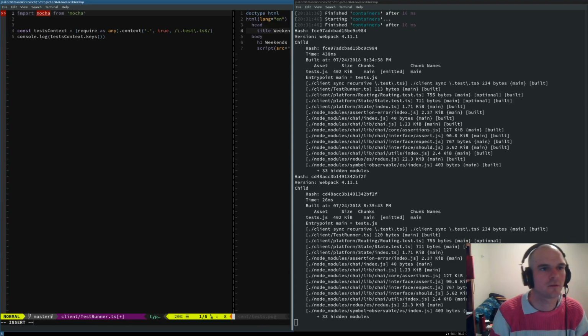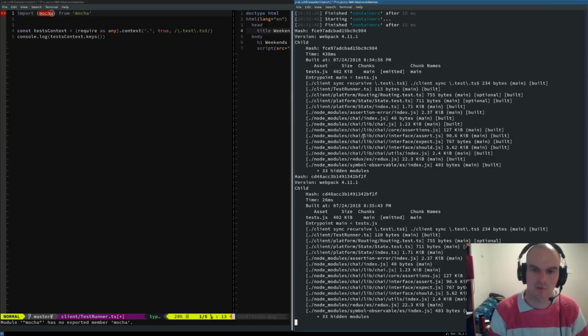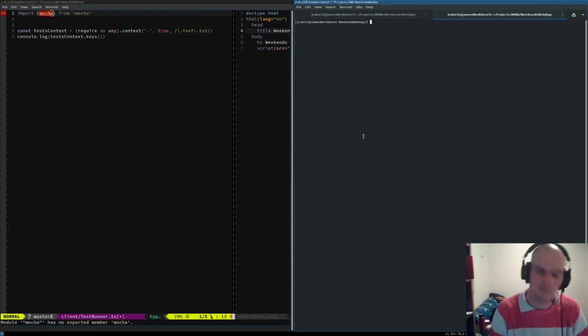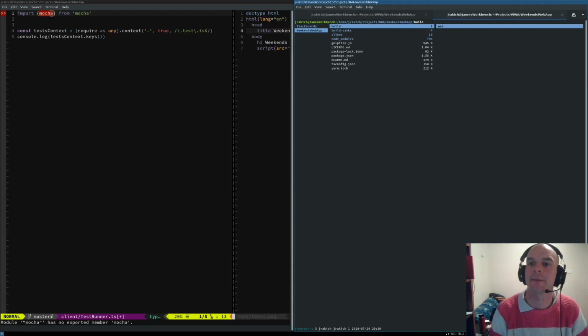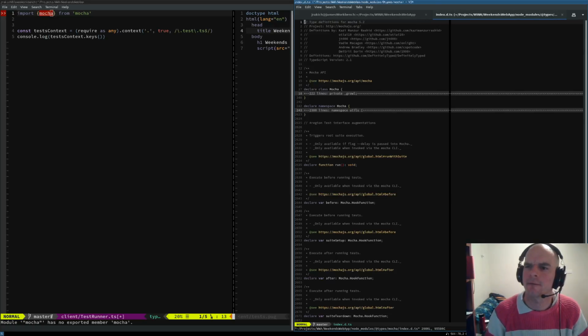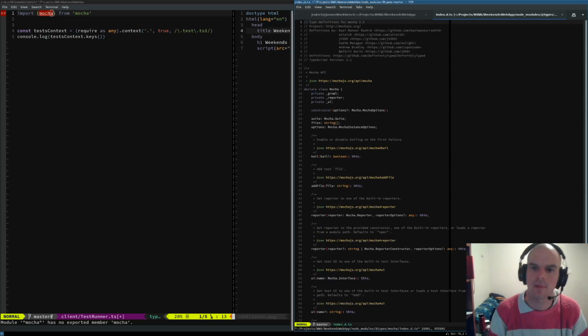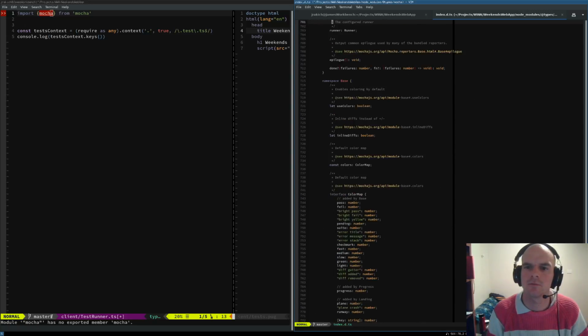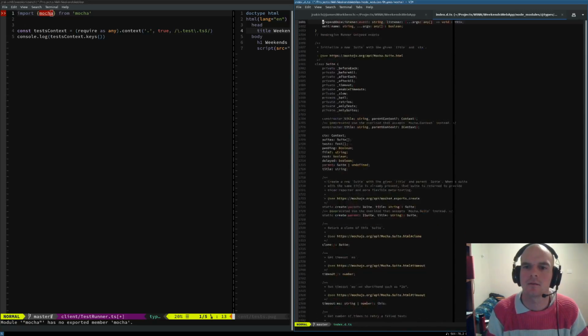Mocha has no default export. What about this? You got that? No, you don't. All right, I'm going to have to check the types for Mocha. So let's do just that. What could you give me? There's a lot of types in there.